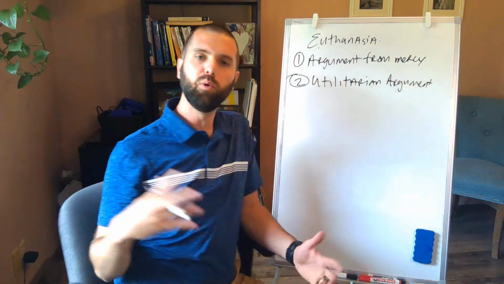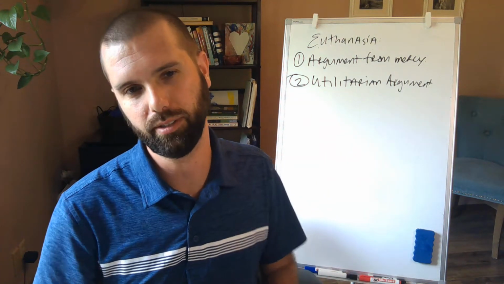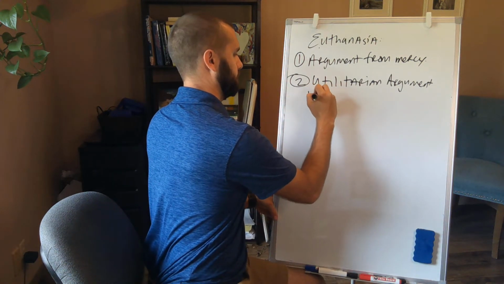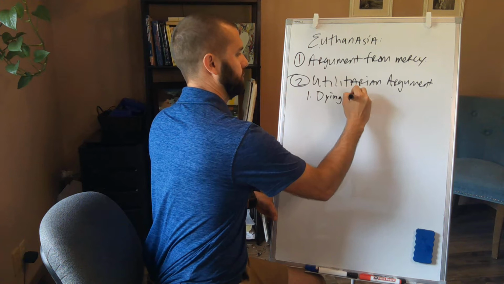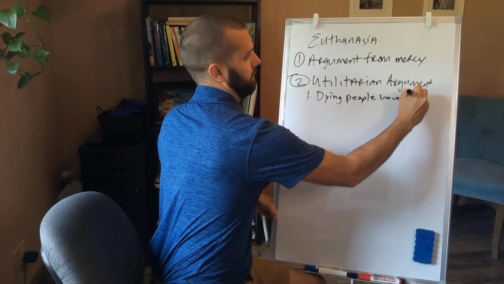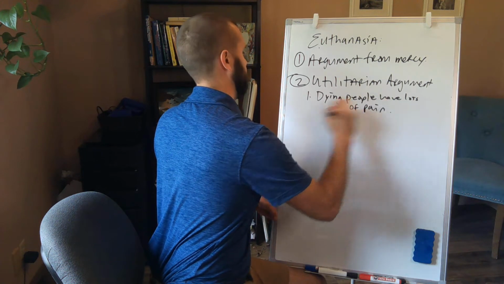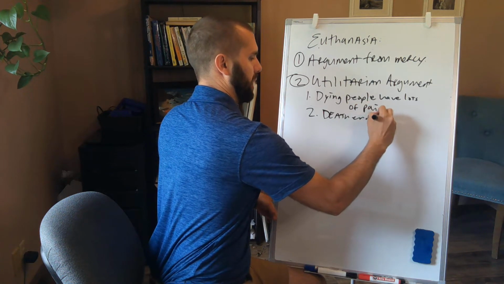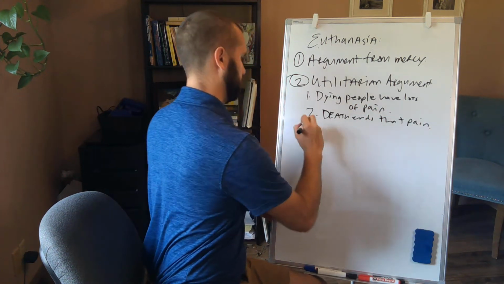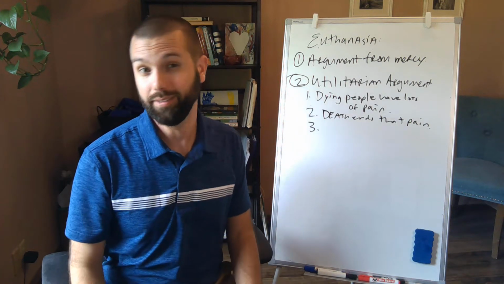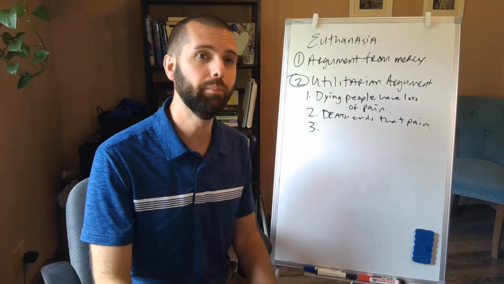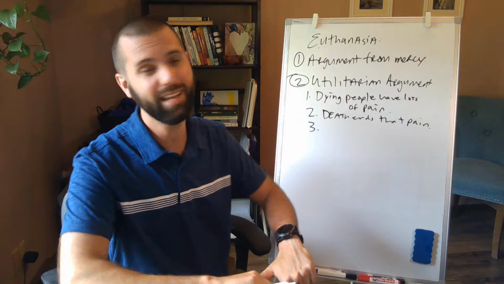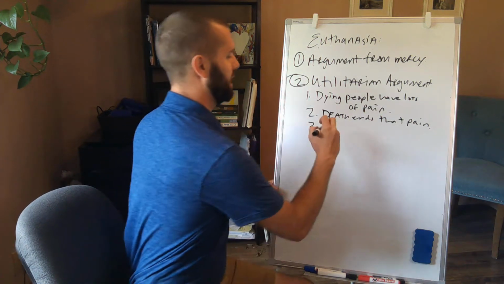This is the one that he thinks is more intellectually well put together, but he has some objections to. He's going to have some issues with it. And basically it goes like this. Dying people have lots of pain. Death ends that pain. Utilitarianism says, you'll recall from our discussion about Mill, that we should try to increase happiness or pleasure as much as we can, or decrease pain as much as possible. So if death ends that pain, then death